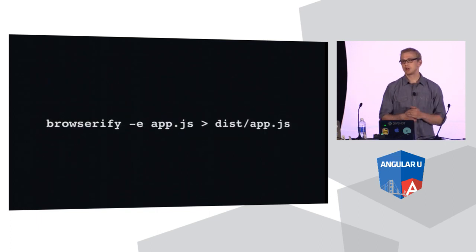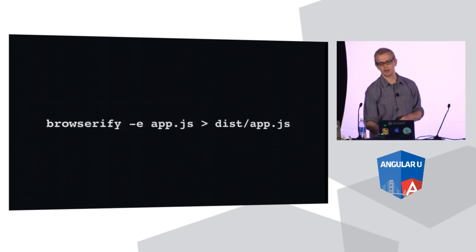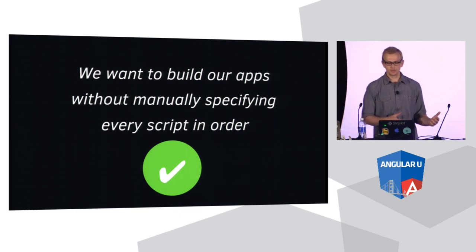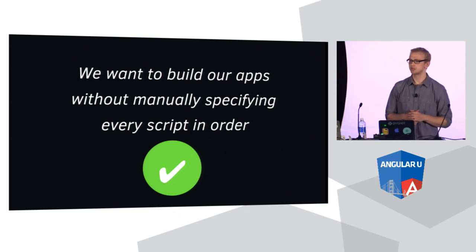Building is this simple. You can get quite a bit more complicated if you'd like around things like breaking your bundle up into different files, app and vendor. But out of the box, Browserify can do something this easy where you tell it, here's the entry point, and you pipe the output to a file on disk. This is a CLI running in Node. It's simple Unix, and you can do it in one line. And so with that, we've achieved building our applications without manually specifying all of our scripts in order, and that's making us more productive, and it's making our applications less error-prone.